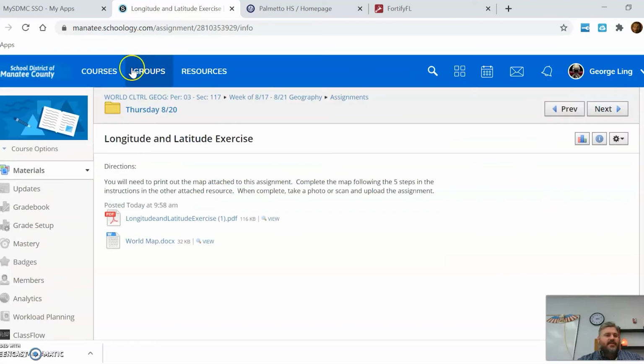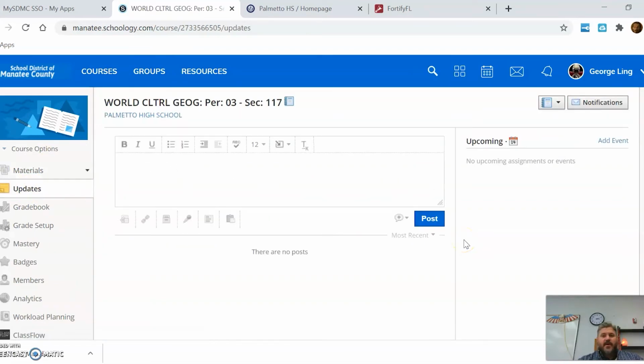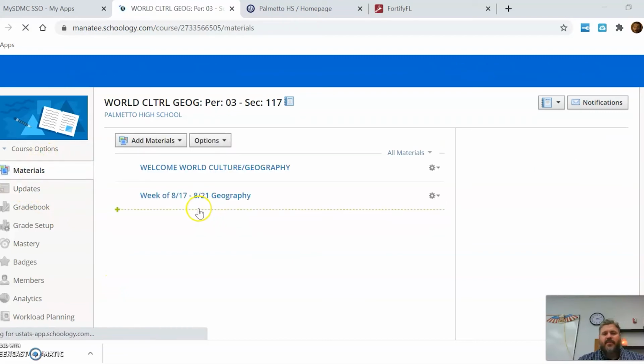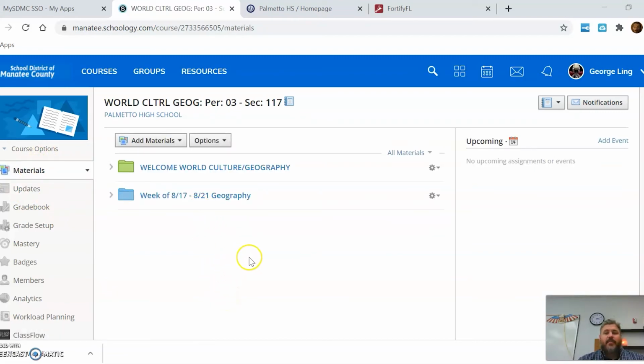So yeah, that's essentially Schoology. I will have updates. There's none in there right now because at the time of recording this, I don't really have any. I have 42 Schoology classes, and I'm not sure which ones will actually be my classes. But yeah, you'll have an update. They'll probably be weekly. Sometimes I'll post something during the week as well. Just announcements and generalized information from me that I would like for you guys to know. So when you get online, check updates first, go to materials, and you should have everything you need from that point on.